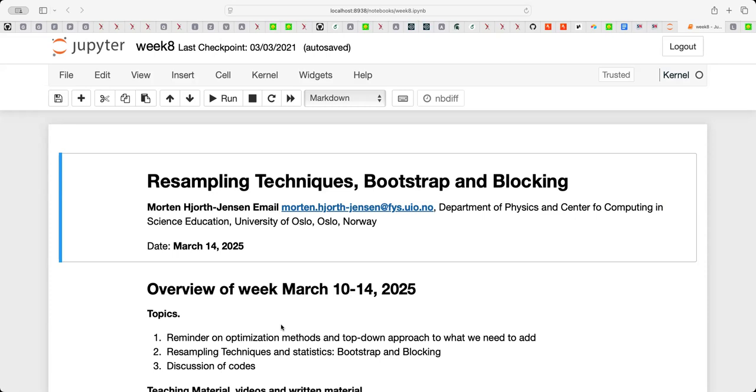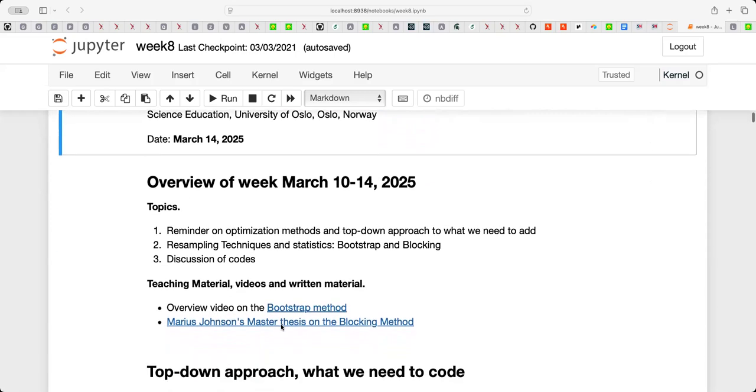So I wanted first to give you this kind of top-down view and go through the code and show you which elements we need to set up and what kind of strategies you should land on in your final project here.